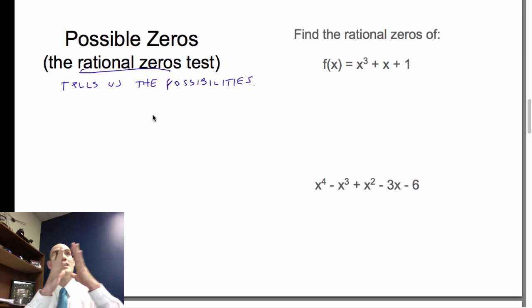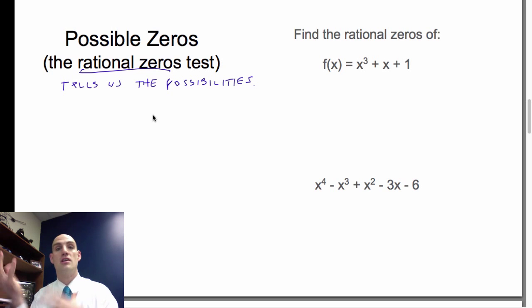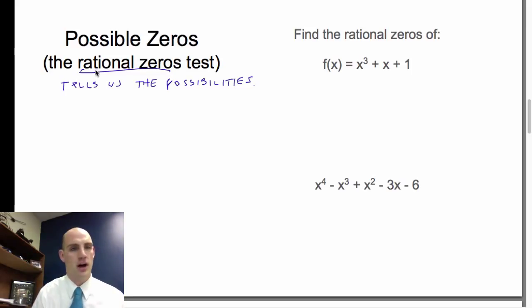It's going to take it from the infinite number of zeros down to maybe 5 or 6, maybe 30, but still less than infinity, which is good. This is a good thing. And so how do we find the rational zeros that are possibilities? When I look at this, it's going to be a rational zero